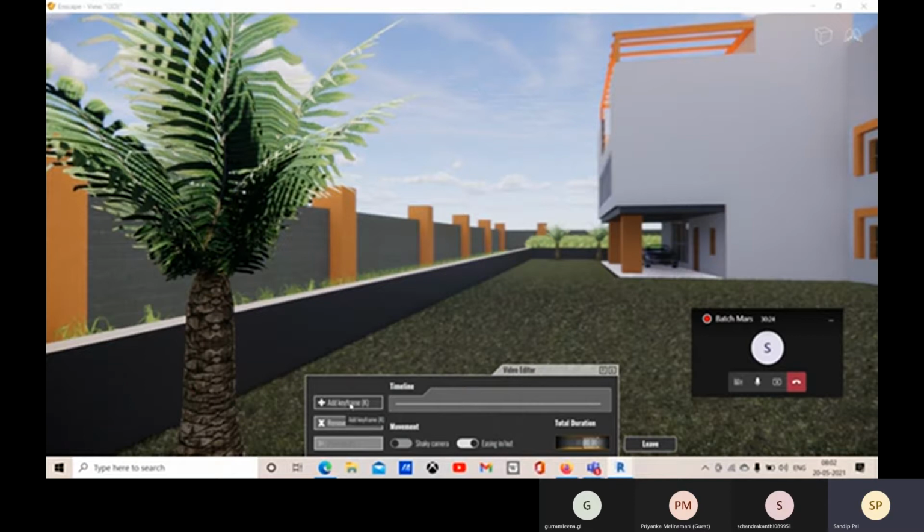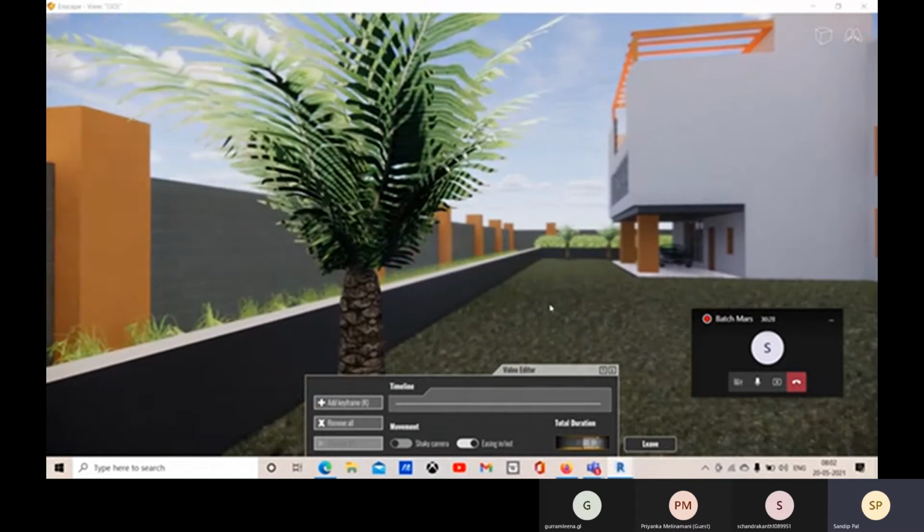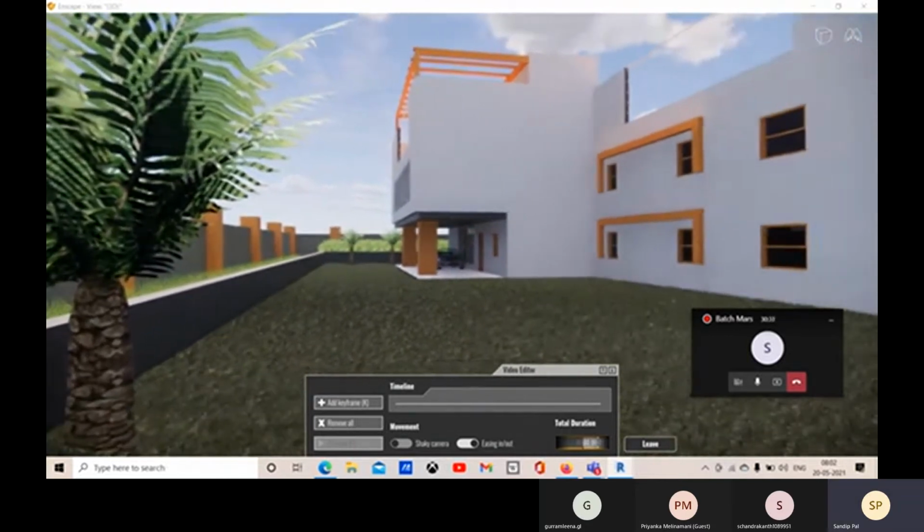Here I'm placing, just a second, let me come here and rotate the screen like this.